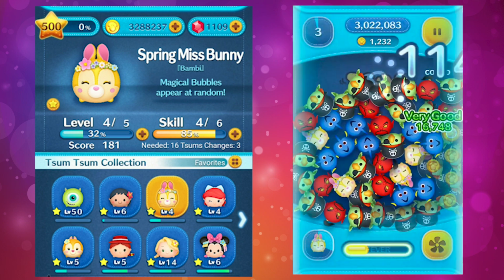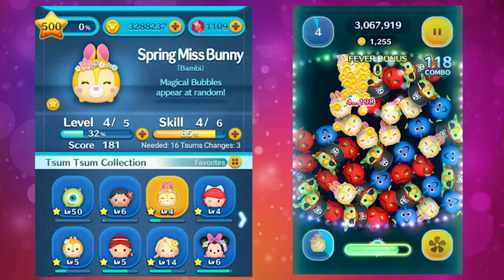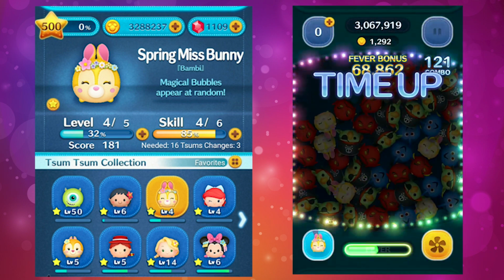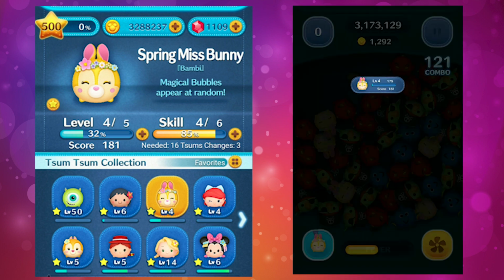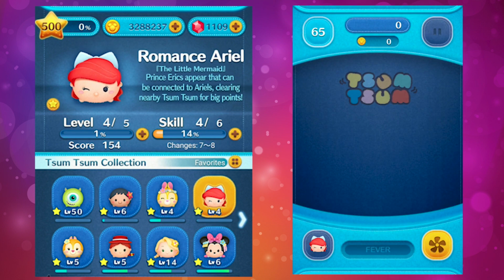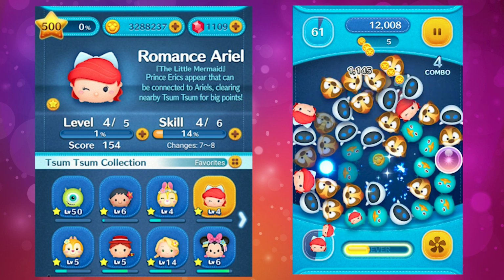And at skill level 4, I was able to get 1,292 coins. So it's not terrible for a bubble maker, but if you are looking for a Tsum that makes a lot of coins, then definitely not Spring Miss Bunny. But again, definitely get her if you don't have a bubble maker. Next, we have Romance Ariel from The Little Mermaid, and the ability description for Romance Ariel is: Prince Eric appears